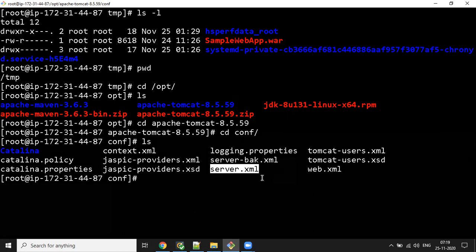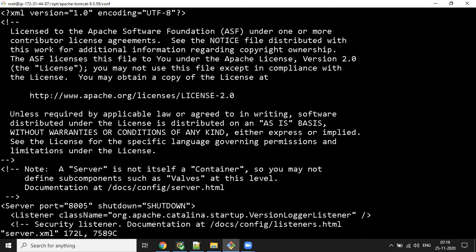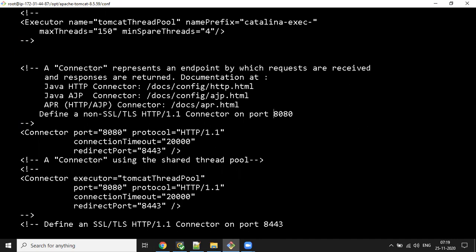For that you have to use the vi editor for opening the server.xml file. You can check where that port is enabled by searching for 8080. See, there is the 8080 port.